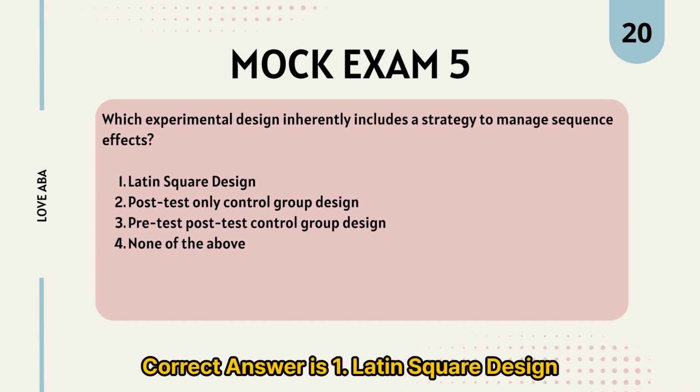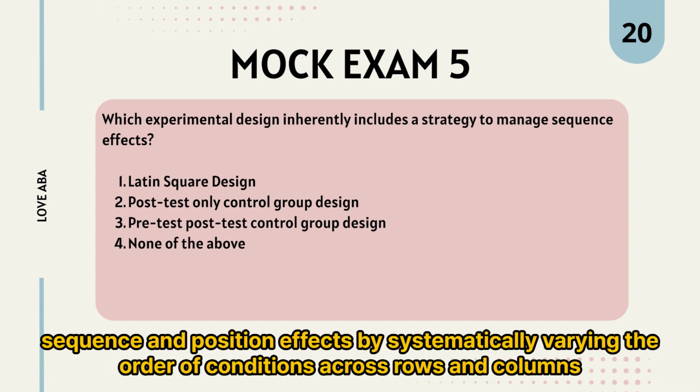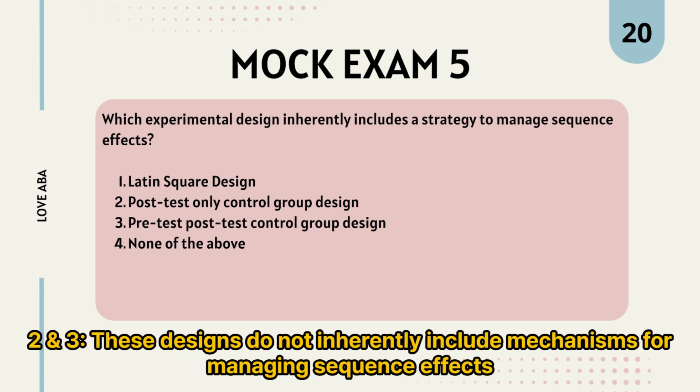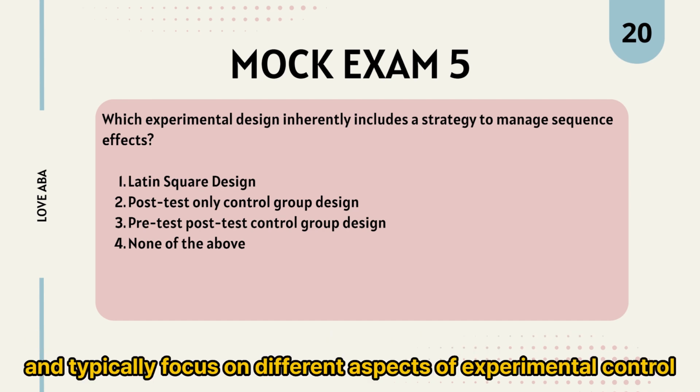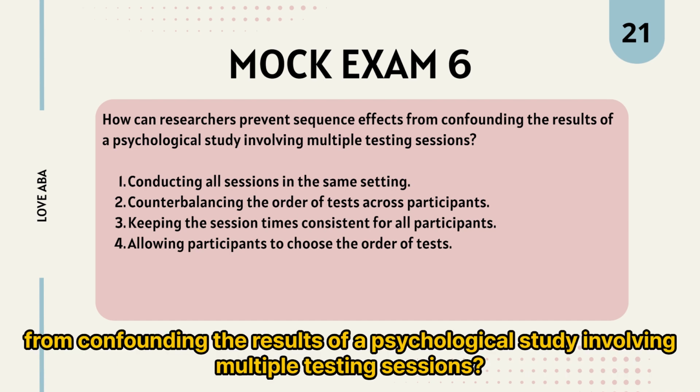Correct answer is 1. Latin square design. The Latin square design is specifically structured to manage sequence and position effects by systematically varying the order of conditions across rows and columns. 2 and 3. These designs do not inherently include mechanisms for managing sequence effects and typically focus on different aspects of experimental control. Mock Exam 6. How can researchers prevent sequence effects from confounding the results of a psychological study involving multiple testing